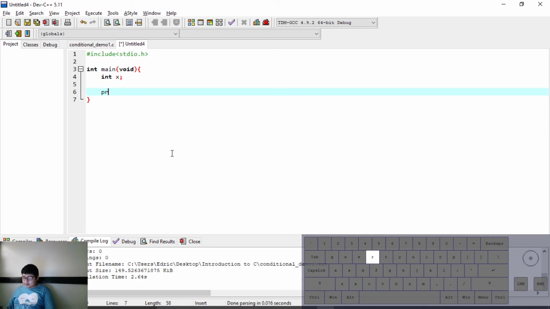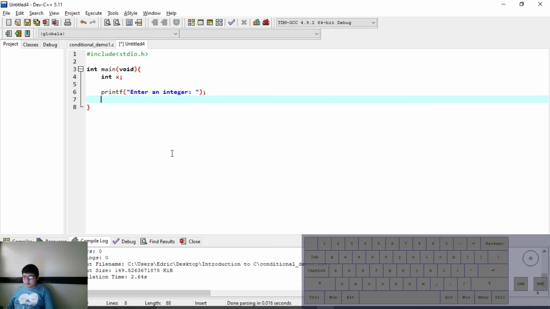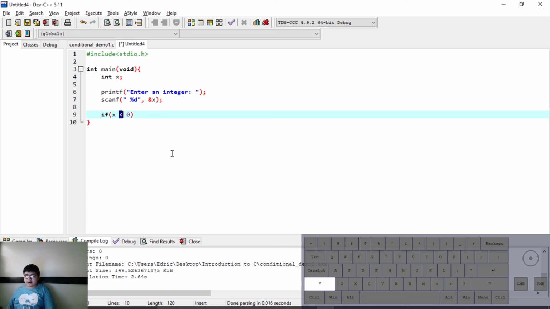Int x, so let's do printf, enter an integer. Now we are going to assume that all of the inputs will be an integer, so we don't need to do a parse or a cast. Okay, so we do if x is less than 0,